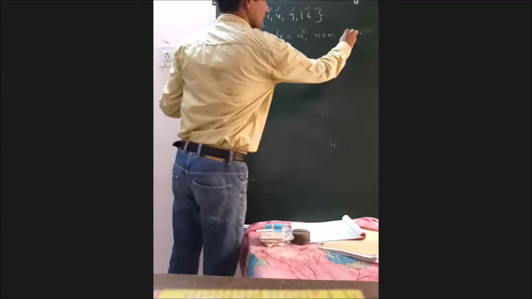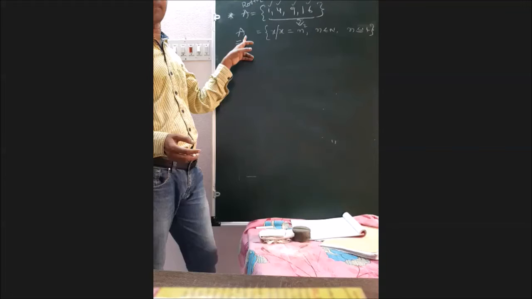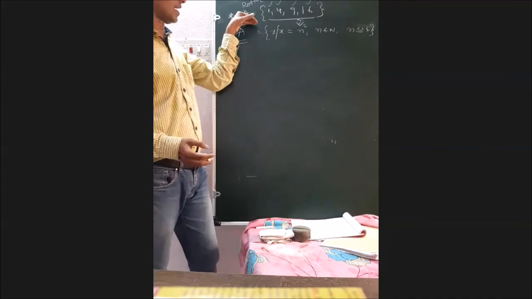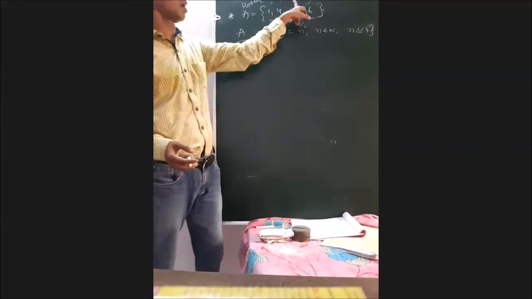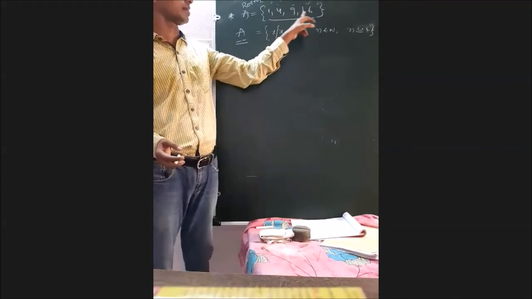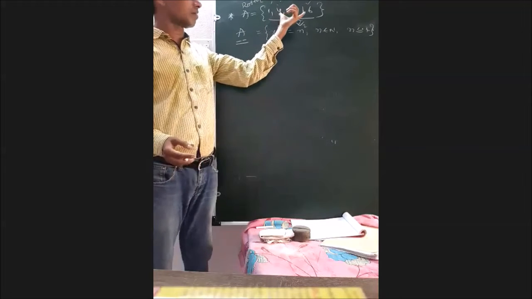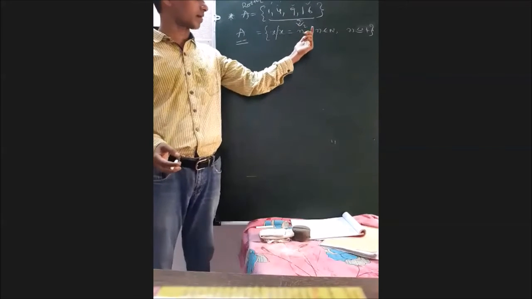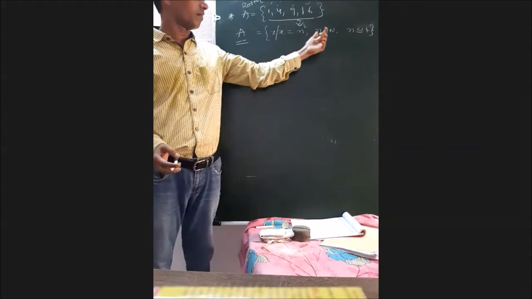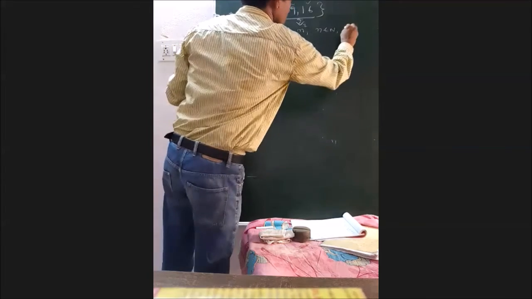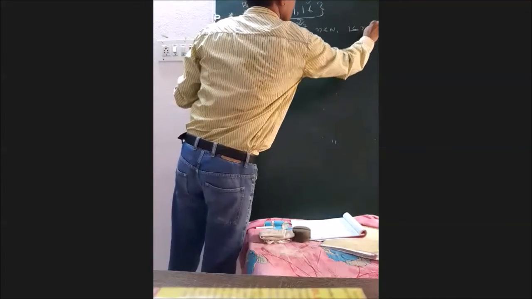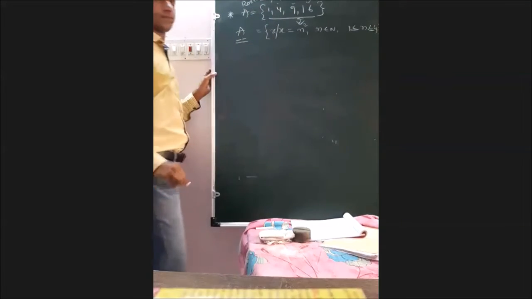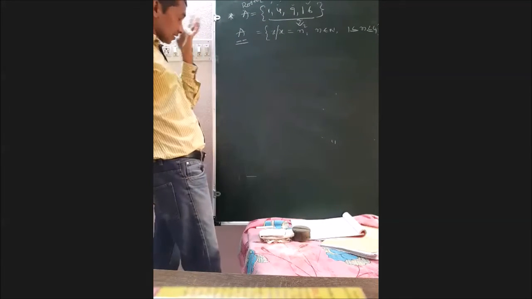So now why I am focusing on the set notation: two kinds of notations are there, roster form and set-builder form. Now I have taken A as a set of square numbers 1, 4, 9, 16. So I have observed the nature and the pattern of the numbers. Then I have defined x such that x is n square, where n belongs to natural numbers and n is less than or equal to 4. Or I can write 1 less than n less than or equal to 4 also. It's not wrong. Now let us see what kind of questions.